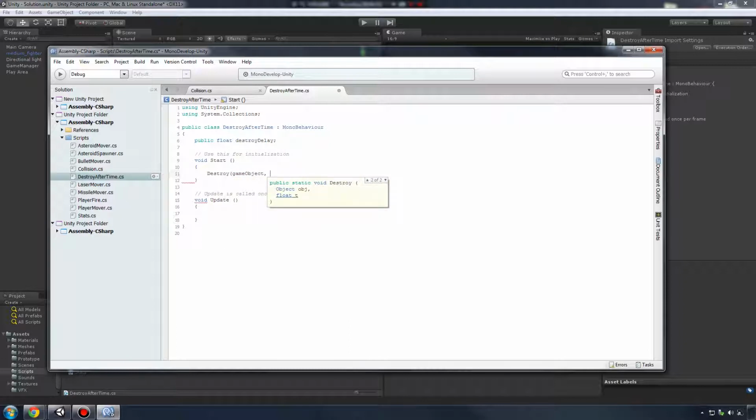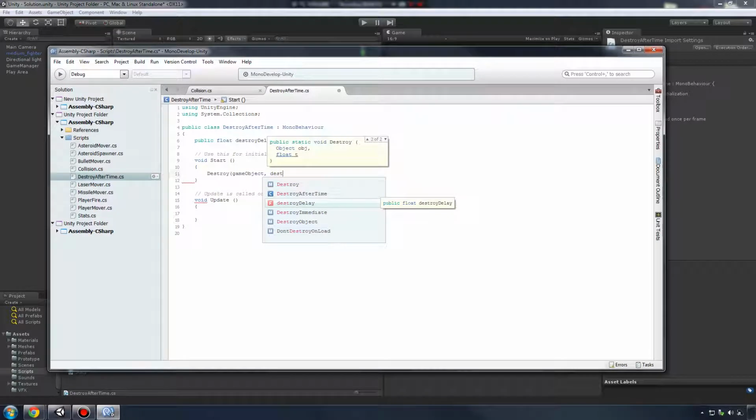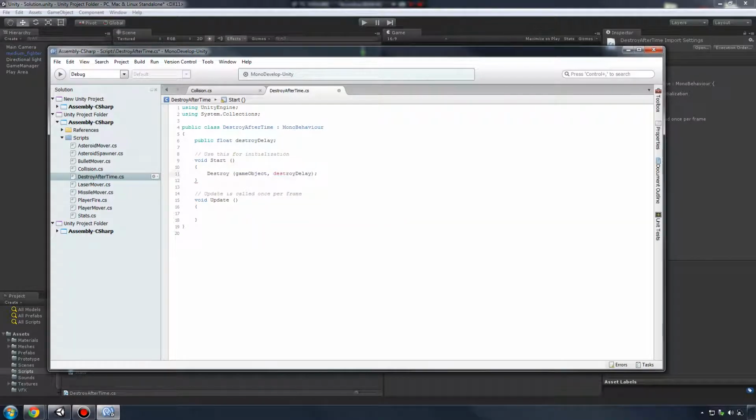And then we're going to do a comma. Now we need to set a value for how long after our destroy is called the object is actually destroyed. That's where our destroy delay comes in handy. And why don't we just clean up this extra code? We don't need it. And there we go. So what we're going to do now